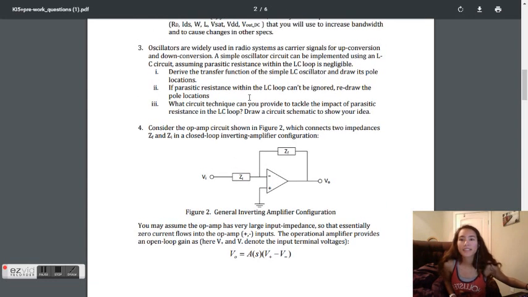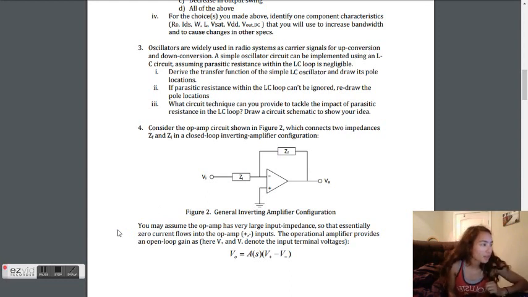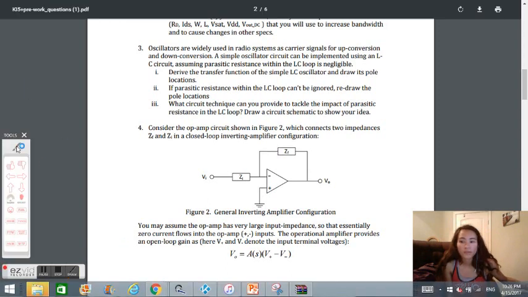So for this one, we are asked to basically derive the transfer function for a simple LC oscillator and draw its pole location. So for this, I just did a bunch of math for it, I guess. I don't really want to go into it that much, but I ended up getting my transfer function as